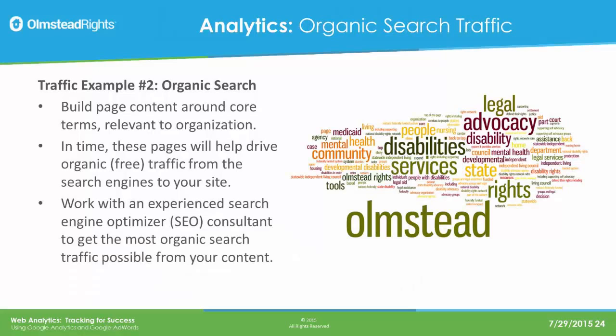The other type of thing, and this just gives you an idea of the power of keywords, when we were working with Tally and the Olmstead rights site, we have a mechanism where we spider the site for all the pages and see what type of words pop out. And so you can see that Olmstead, obviously being the focus, is the biggest, most searched-for volume. The size of the words here is the frequency of those terms on their site. So disability and advocacy and legal services. So their site is very well structured around disability advocacy and the Olmstead rights.